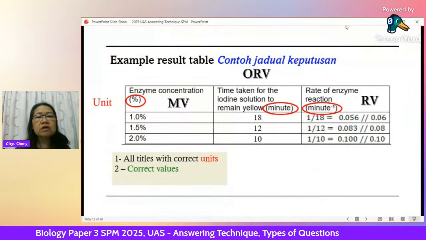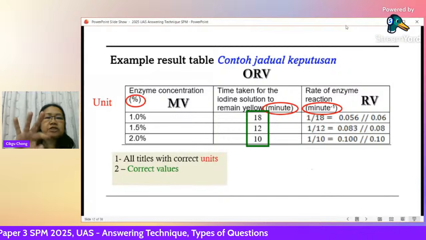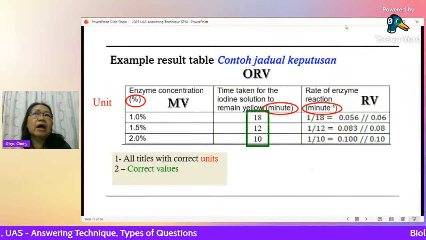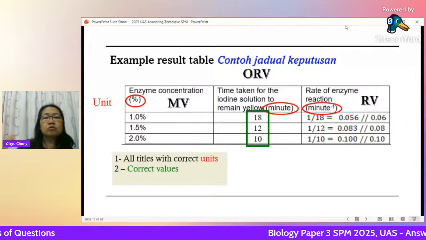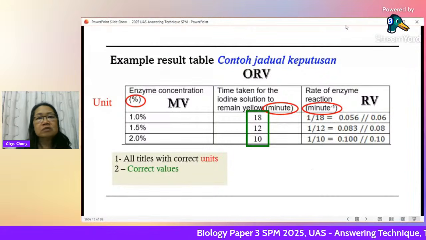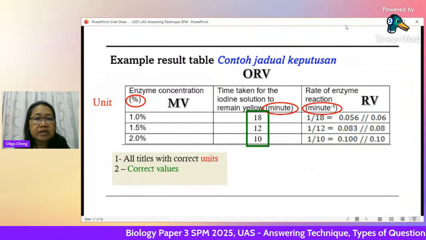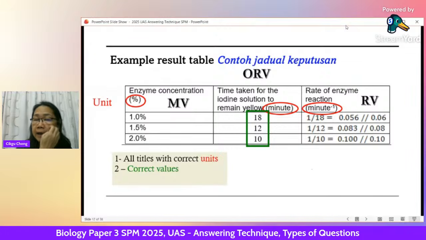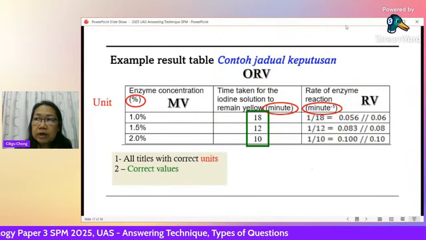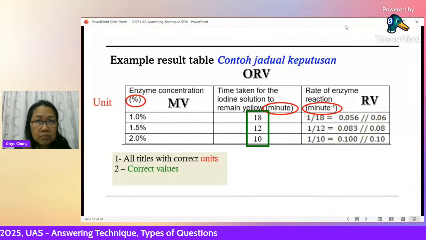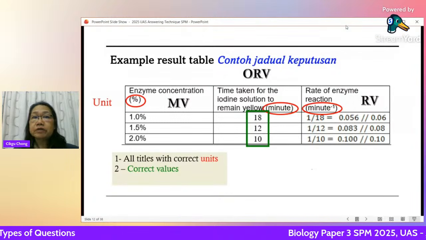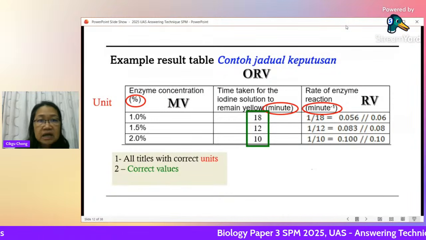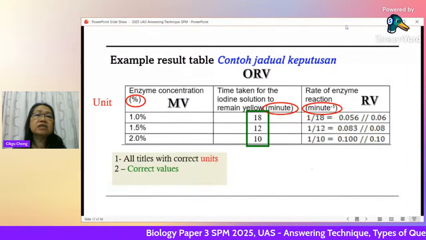Correct values. When you do this, your calculation is correct, meaning it's not outlandish, it's not illogical. You cannot have 1,000 minutes there. Your experiment, your 40 minutes, cannot become 1,000 minutes. So it must be correct data, and your bio teacher will actually be doing the same experiment